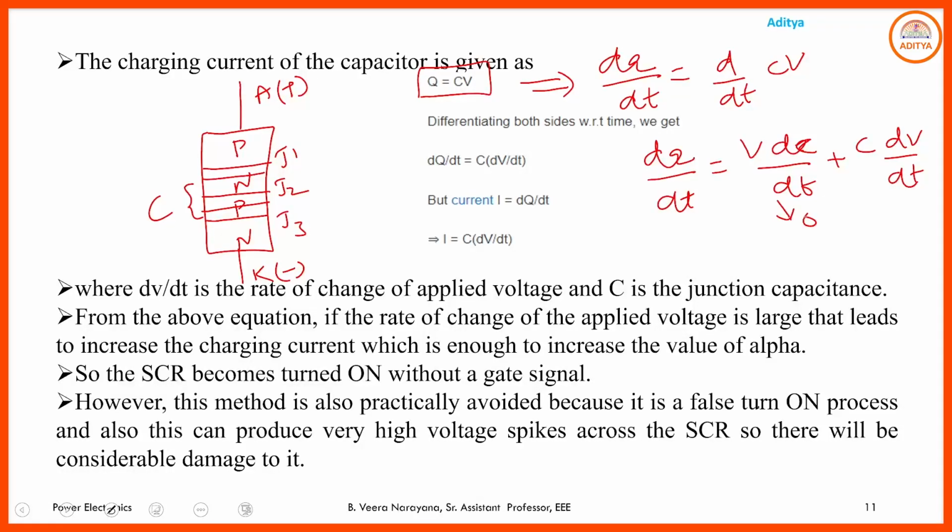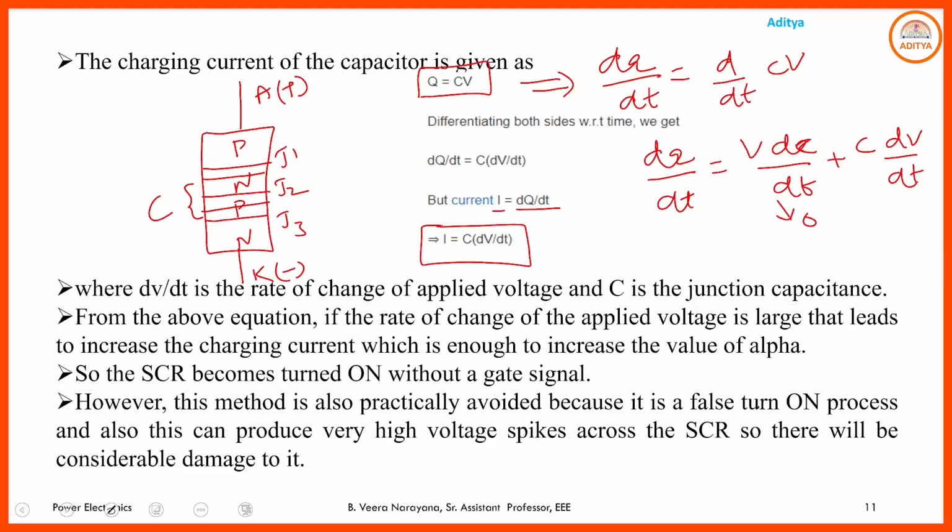So this dq by dt is equal to the current. We have that expression I equal to rate of change of charge. So finally I is equal to C into dV by dt. From this expression you conclude that even though the voltage available across the SCR is low, if the rate of change of voltage across the SCR is high, then there may be a chance the SCR may come